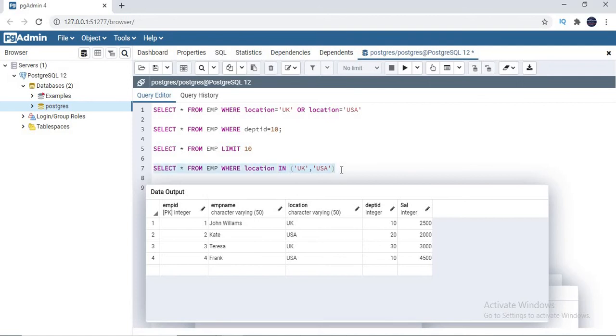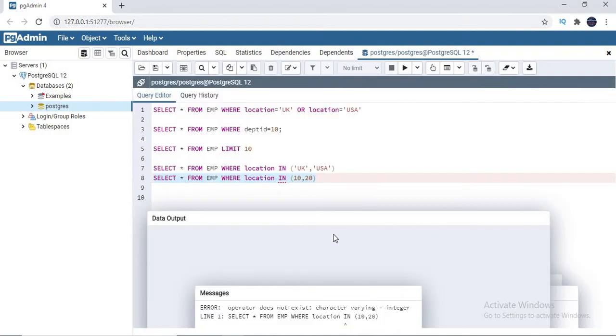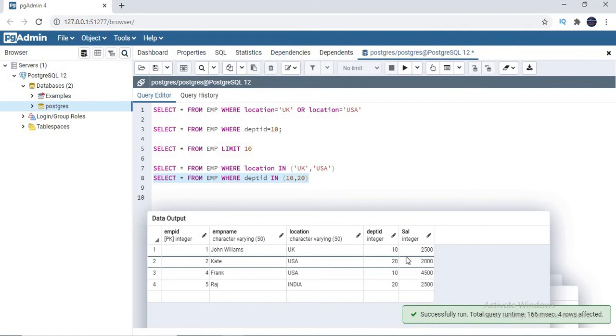You want the list of employees who belong to department 10 comma 20 like this. Here not location, department ID. Let's run this. Yeah, you got it. So this is about in.